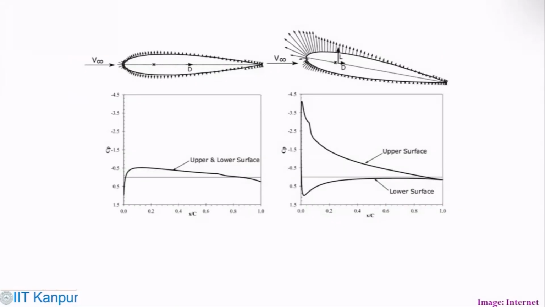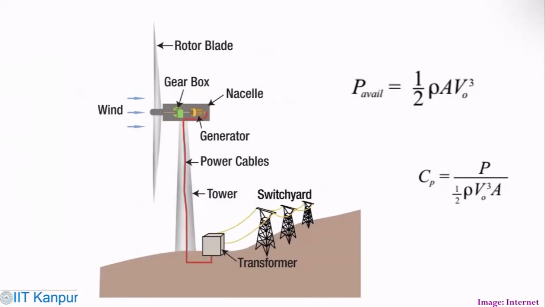What happens in the airfoil is that when the flow passes over it, a pressure difference is created. This is P lower, P upper, and that pressure difference, delta P, is going to generate the lift. And obviously, if the flow separates between this and this, that's going to give the drag. Primarily the lift force is what allows the rotor blades to rotate, and the drag force is going to be lost.